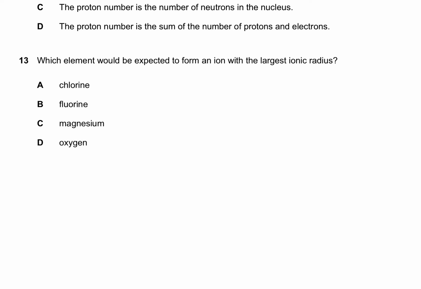Question number 13. Which element would be expected to form an ion with the largest ionic radius? So firstly, we should first write the electronic configuration of the atom. So for chlorine, that will be 2.8.7. How do I know this? I check the periodic table. Fluorine will be 2.7. Magnesium will be 2.8.2, and then oxygen will be